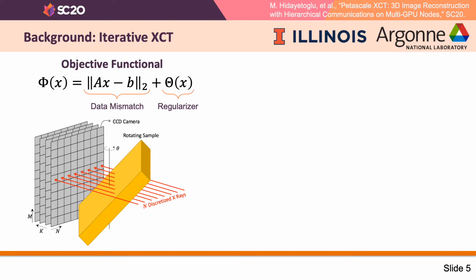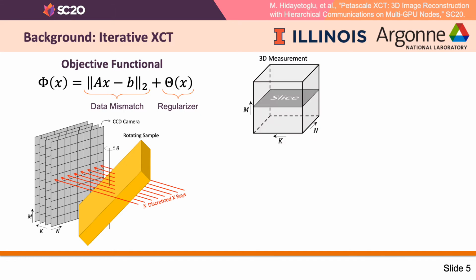In the data mismatch term, matrix A corresponds to the forward model, which simulates the X-ray propagation through the 3D sample. On the other hand, vector B corresponds to the measurement, which also can be stored as a 3D data cube. That is, many 2D projections of the sample are recorded by a CCD camera. Each shot is taken from a different rotation angle, and K of these shots are stacked together to produce the